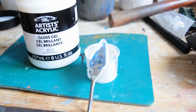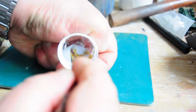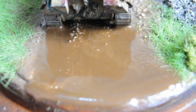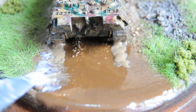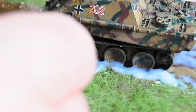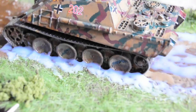And here, this is Winsor & Newton's Artist Acrylic, and it's a gloss gel. What it is basically is a thickening agent for acrylic paints to hold brush strokes in and stuff, but what I'm using it for is to put texture on top of the water. I'm trying it out. It works to a degree, but it doesn't hold its peaks brilliant, so I think I may well get some of the proper Noch or Woodland Scenics water effects. It'll be the same stuff, but it's probably thicker, so it holds the shapes better. Because this, I've noticed, I was getting the shapes into it and then they were dropping back out, so it still finishes up good, but